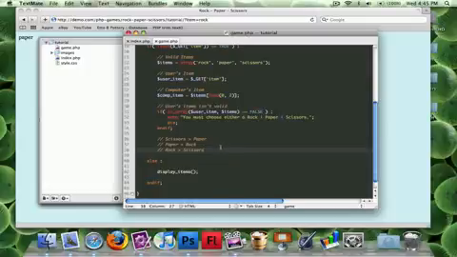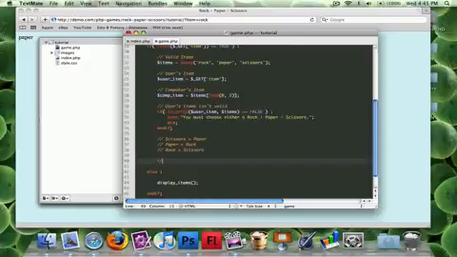Okay, so basically what we're going to do is, if user item is equal to scissors and the computer player item is equal to paper, then the user wins. So let's just write that out. So if user item is equal to scissors and the computer player item is equal to paper,